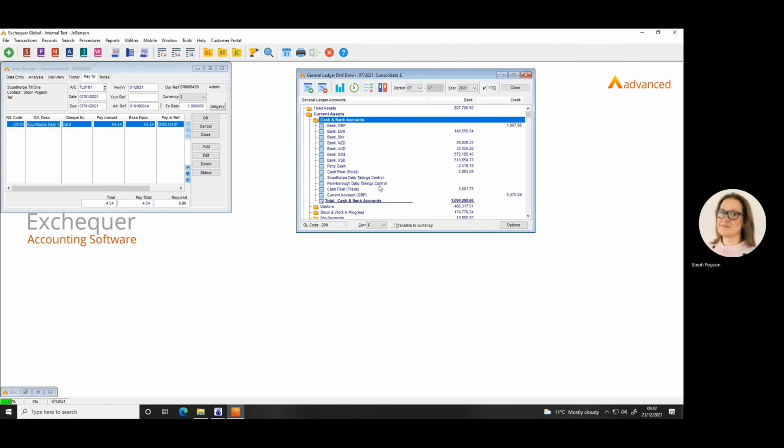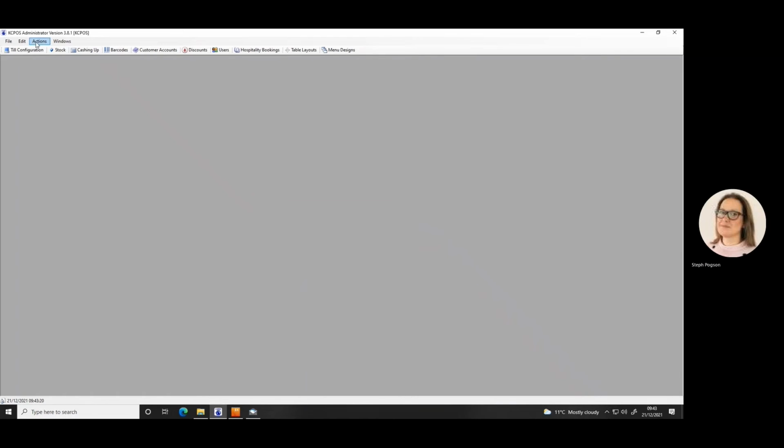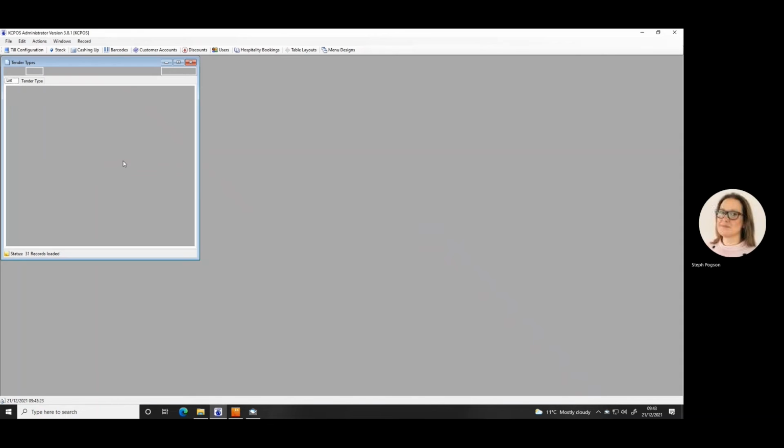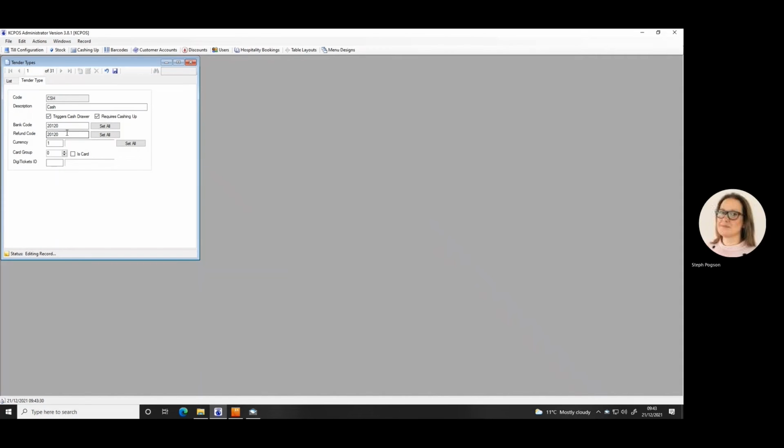Within the GL, we can define control accounts for these postings, and we'll see how they link in a second. Configuration of tender linking can happen either at head office level or on a branch-by-branch basis, depending on how we need to control it. KCPOS contains a list of tenders that can be taken by the operator, and each tender can be potentially linked to a different GL code for sale or refund purposes. We can also confirm the currency to which this tender needs to be linked to fully follow the rules of